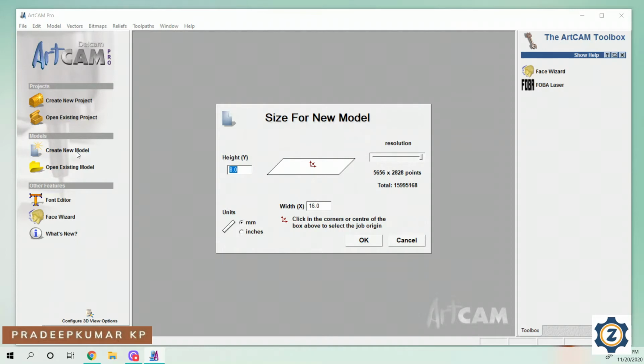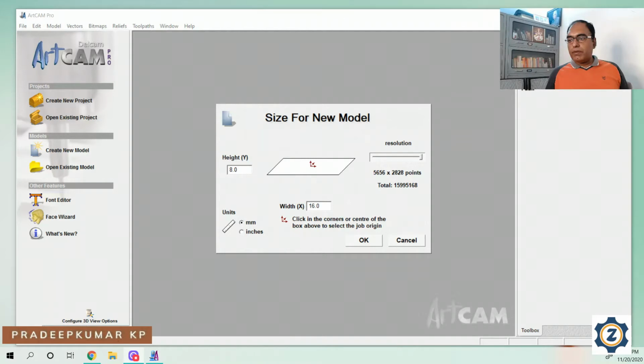Whatever size you want, you can give that size. Then we can decide where you want to give the origin, and we will keep the full resolution. Also choose whether mm or inches; generally we will be using mm.